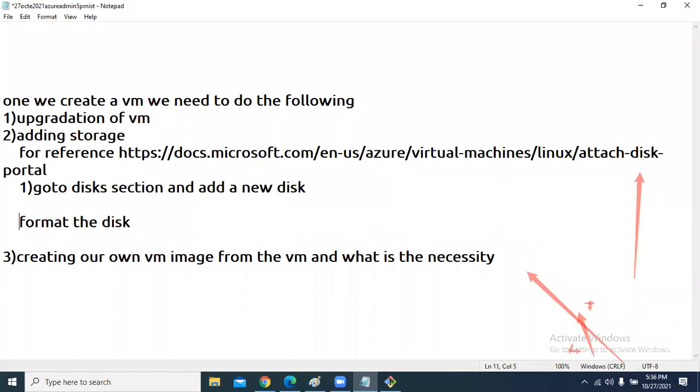And before formatting, how did I check the hard disks once the disk is added? I executed the lsblk command, right? Issue lsblk command to list the disks. Then you have to format the disk.